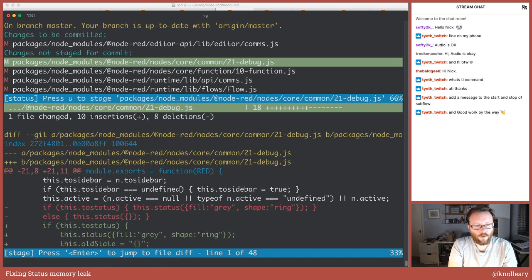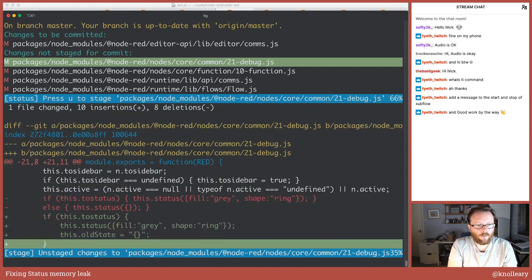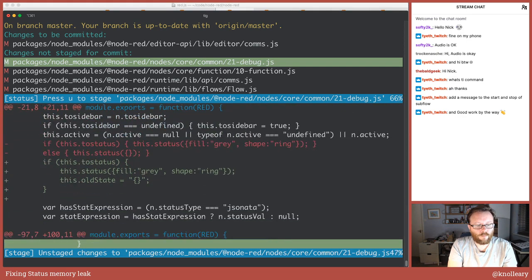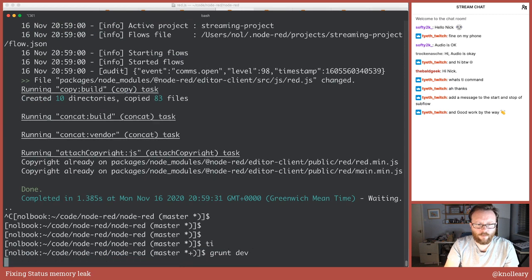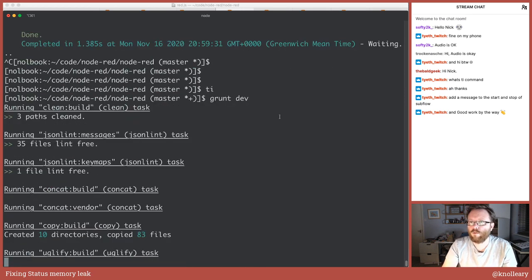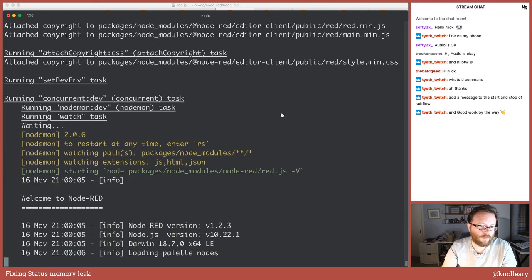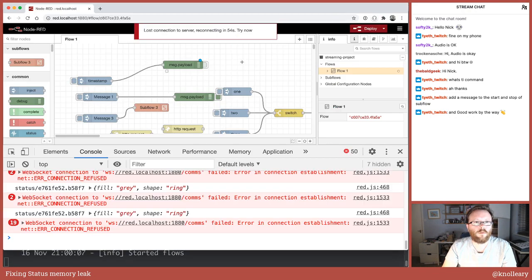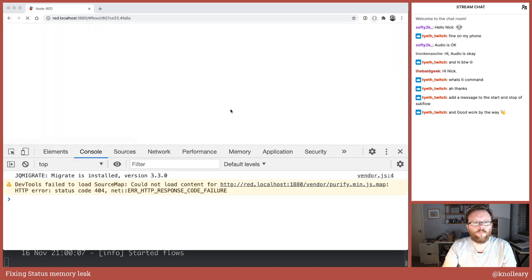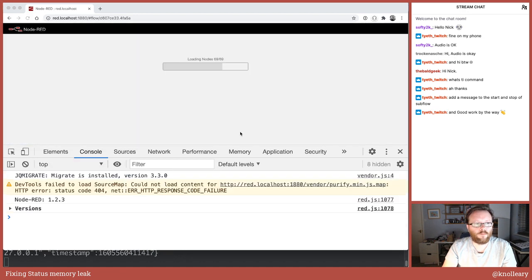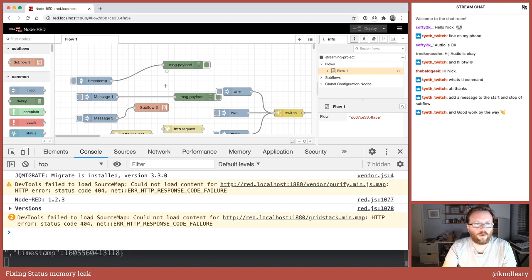So debug node, I tell you what, I've not actually verified that. Let's just test the debug node and then we'll get this committed and then we are done for another week. So let's wait for that to spin up. Plus also a quick check of,